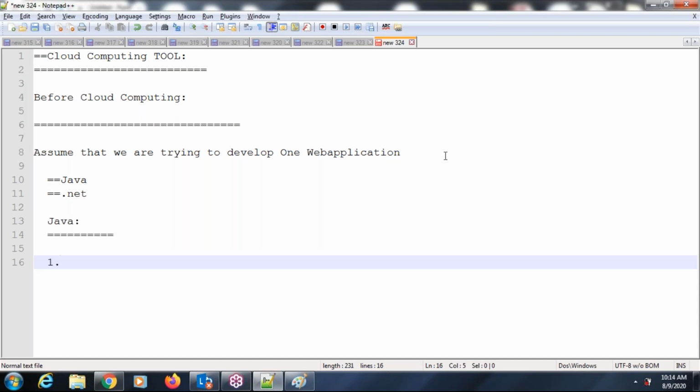As a developer, what is the first step we have to take? First we have to download Java, JDK and Java software. We have to download it and install it into our local machine, right? That is the first software. And